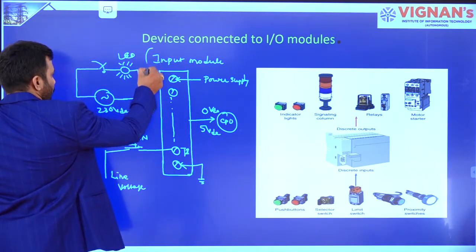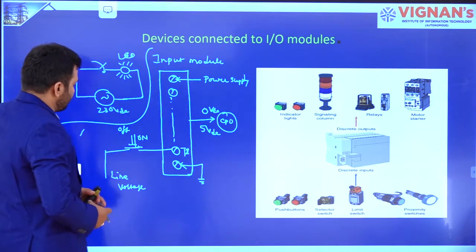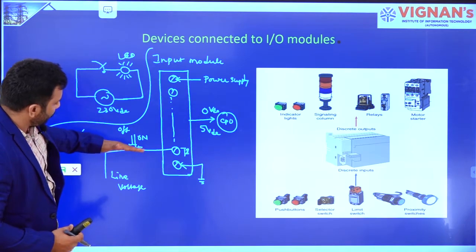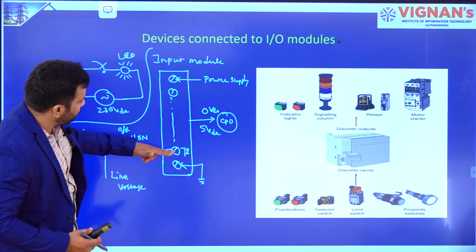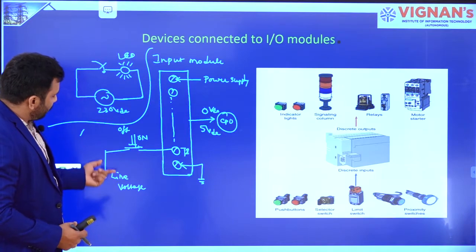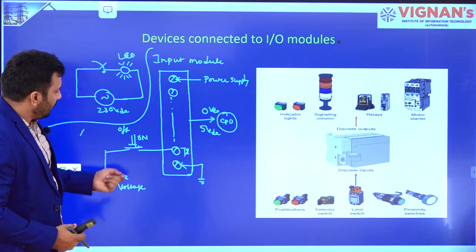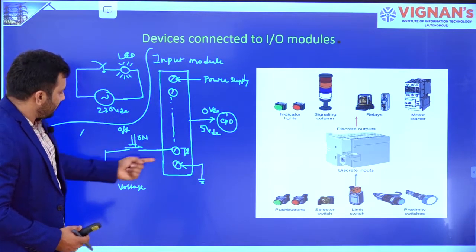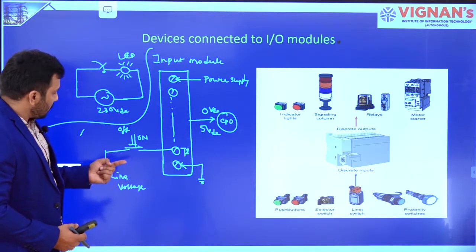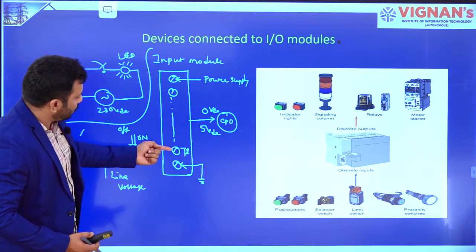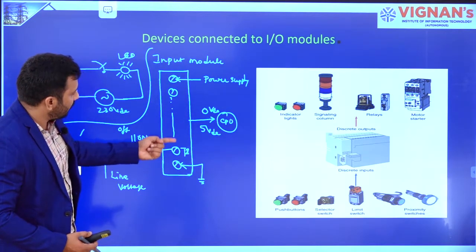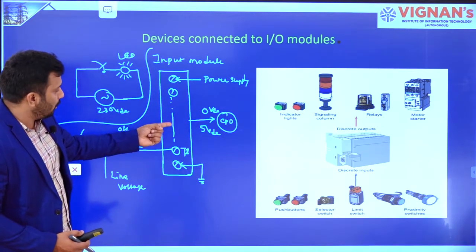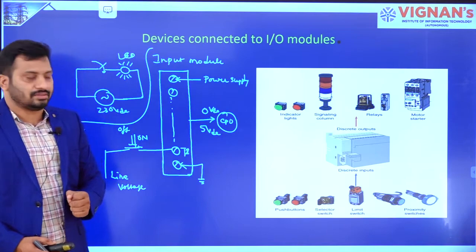Same thing, you just look at this particular one in the input module case also. Here a switch is there. If your switch is open, normally open, there is no input to this particular terminal, right? This line voltage is taken from the power supply terminal and the ground terminal is connected, right? So it's acting like a closure circuit. If it is open, no input to terminal 1, right? So that is the reason there is no input to the internal circuitry present in the input module. Output is going to get 0 volts DC, right?